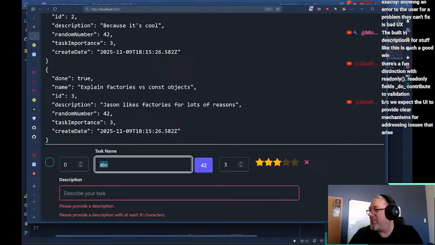There's a fun distinction with read-only. Read-only fields do contribute to validation because we expect the UI to provide a clear mechanism for addressing issues that arise. And see, this is why